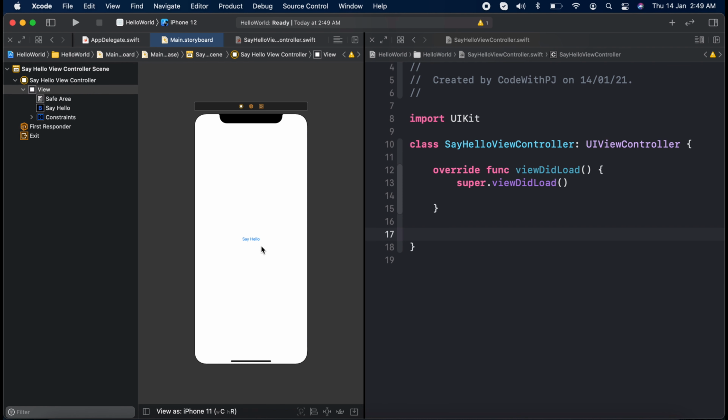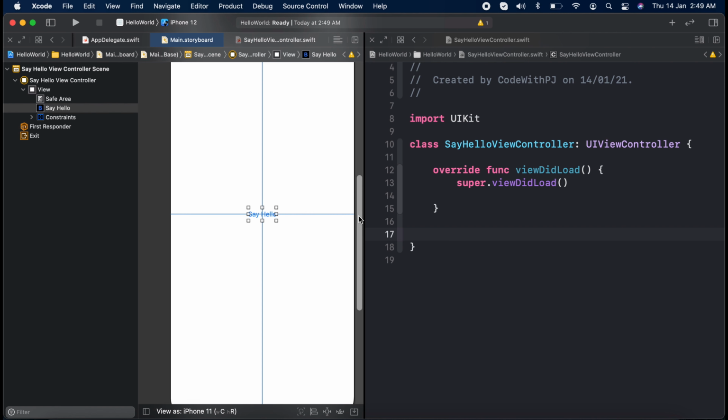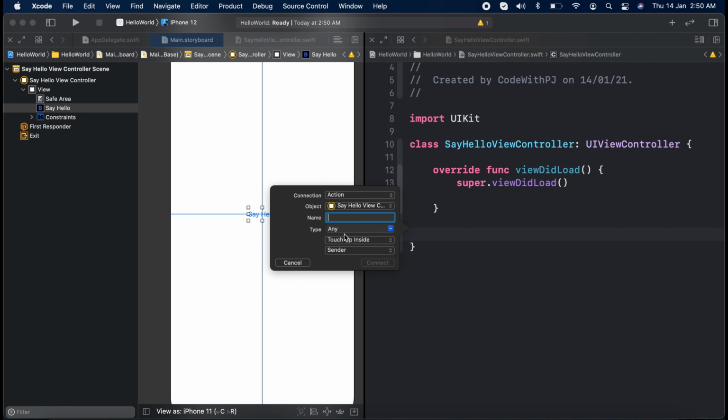So what I'm going to do now is register a click handler for this button. To do that, simply click this button, and then hold the control button on your keyboard, and then drag from this button till here. Make sure you drop this connection inside your SayHelloViewController, okay? So drop it, and then you will get this pop-up.